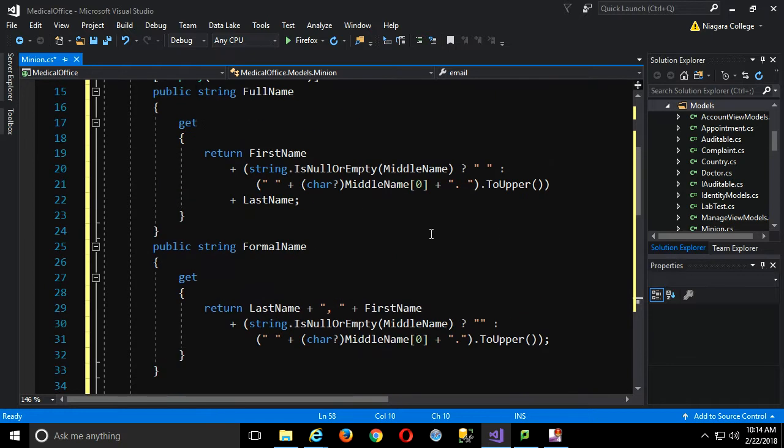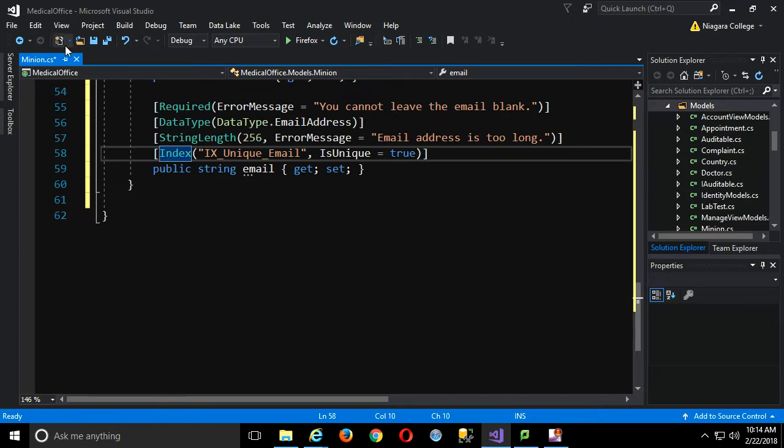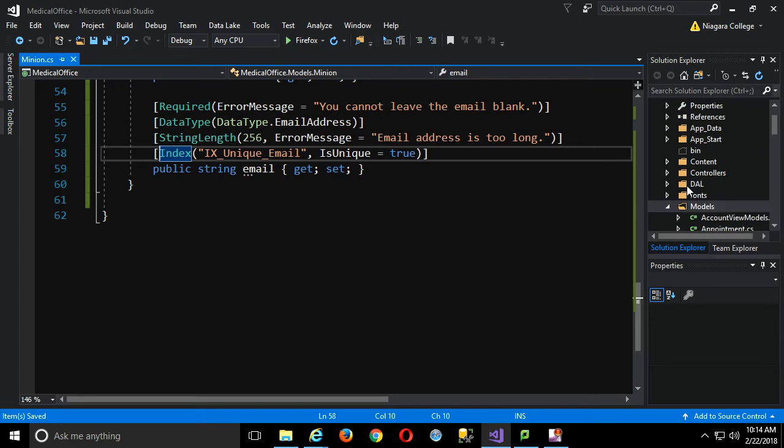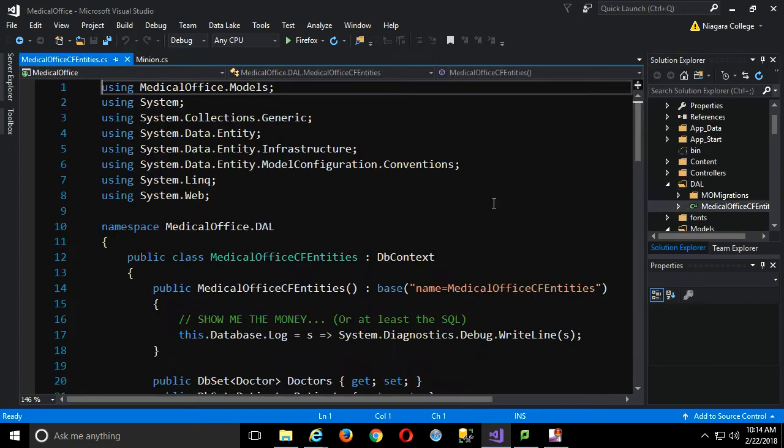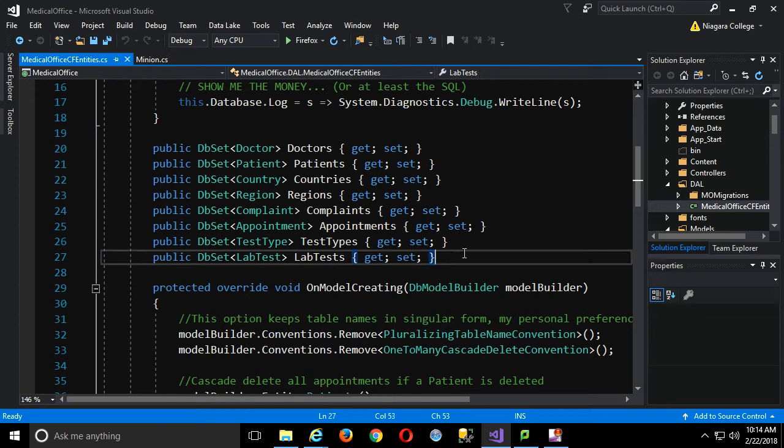Plus, I decided to throw in my usual summary properties as well because they'll make it handy in the user interface and so on. So that's good. I'll add this new Minion entity. This is really an extension of the application user. Anything I want to have in here, I can relate on the email and bundle up into this entity as well. Obviously, there's a bit of other work to do in my DAL. I'll have to add a new DbSet